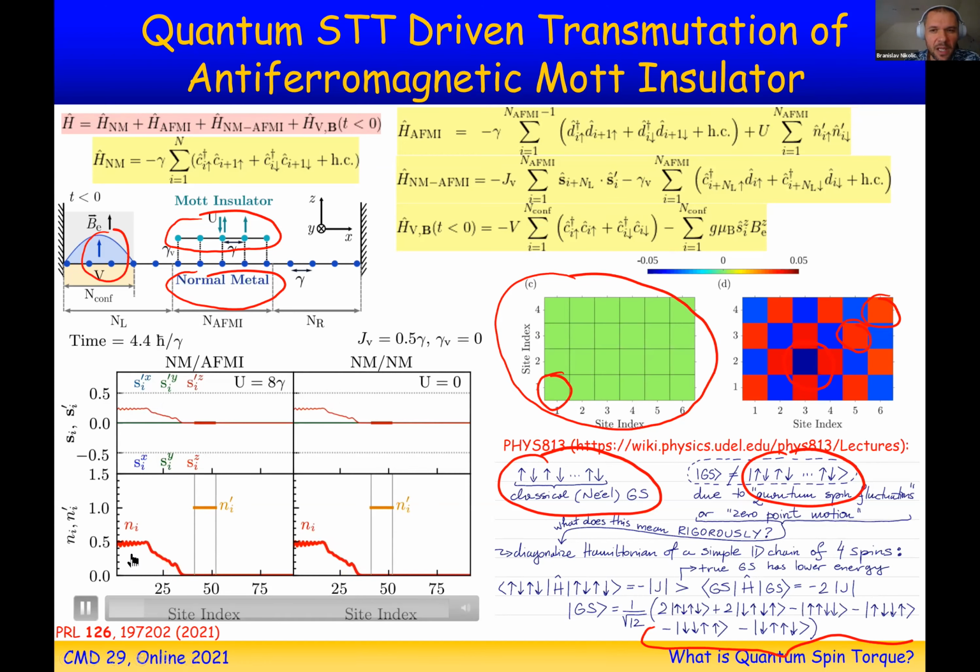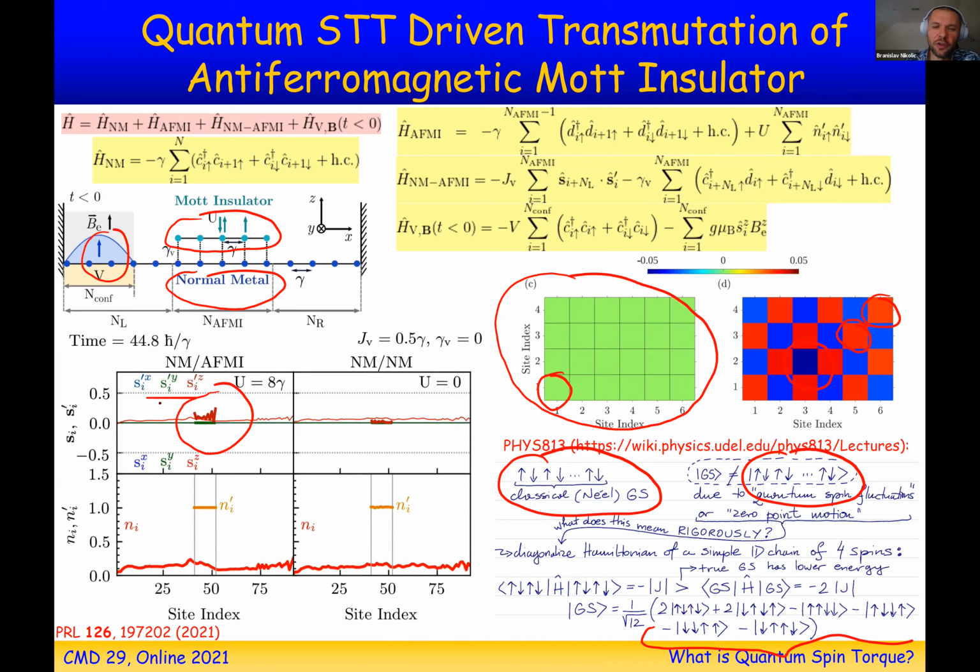If I run the movie, you will see that even though electrons never enter the region of this antiferromagnetic Mott insulator, they do exchange angular momentum with the localized magnetic moments generated from localized electrons in the Mott insulator, and there is a new ordering, which is a kind of zigzag ferromagnet. It is a transmutation of this antiferromagnetic Mott insulator with zero magnetization on each site into some new type of order in which you have non-zero magnetization on each site, and also it's a non-uniform zigzag ordering.